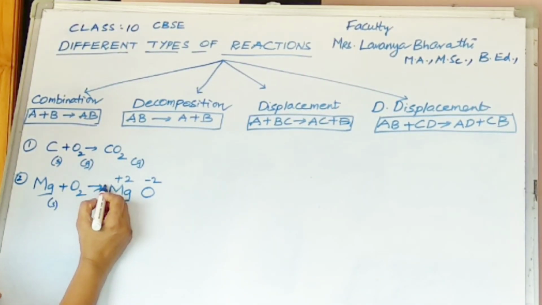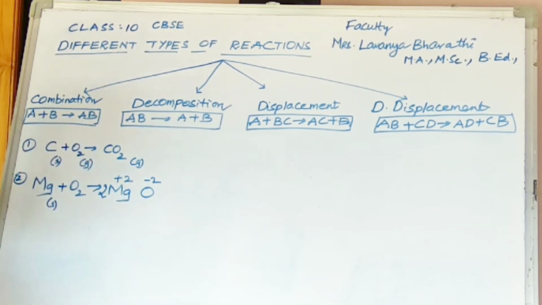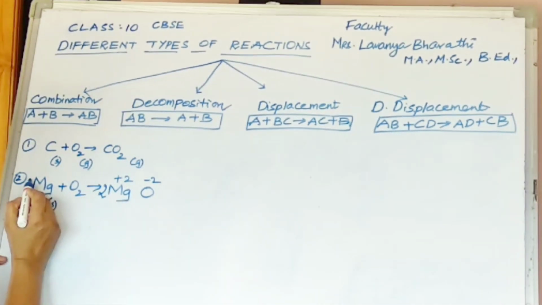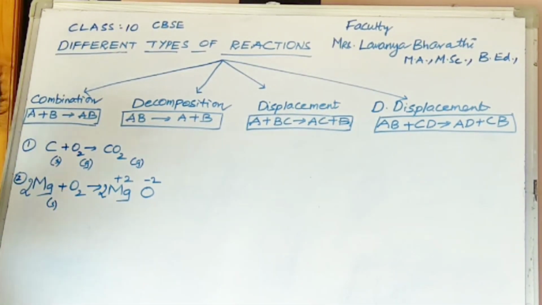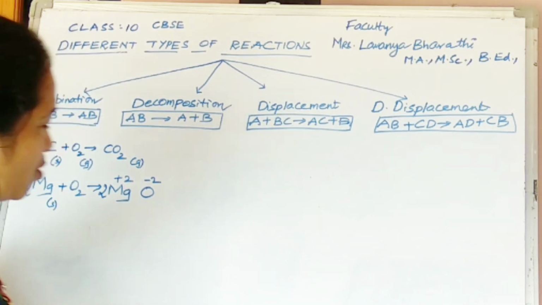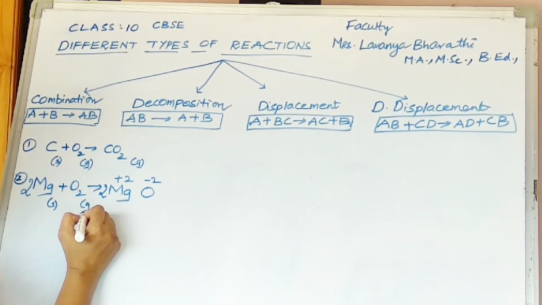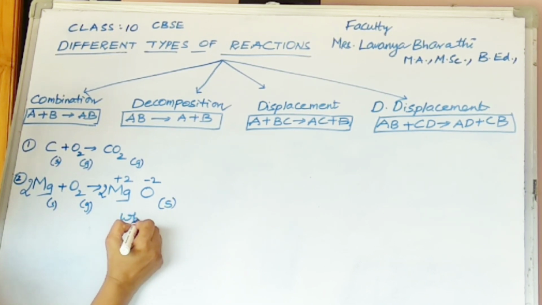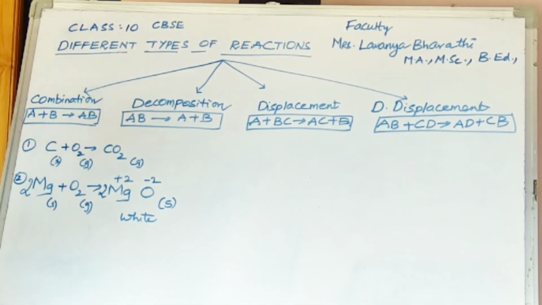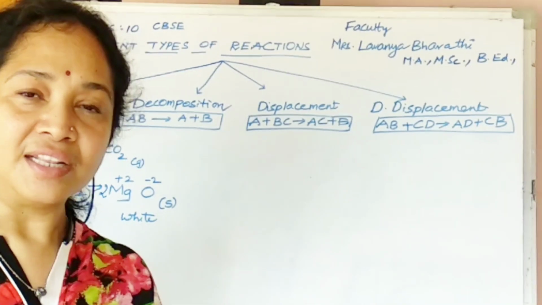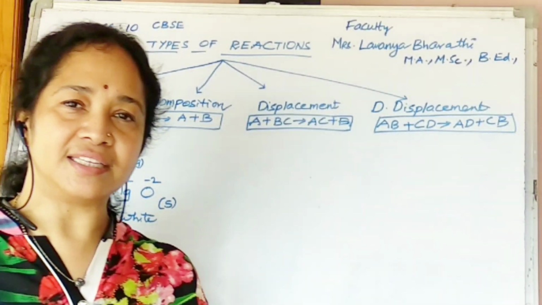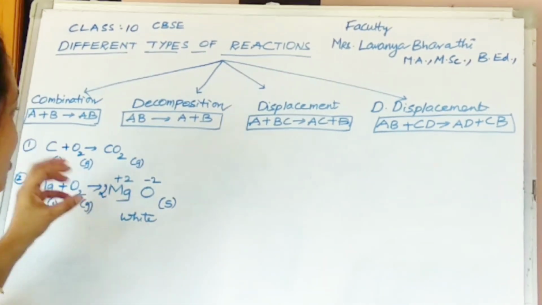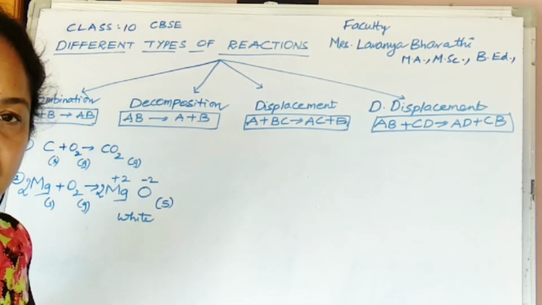So here I am putting just 2 here. But unfortunately, magnesiums are also increased. So I have to increase the magnesium to 2 moles. And here, this is again gas, and this magnesium oxide is again solid, and the color is white. In this way, you have to write down the whole information that you observe during the chemical reaction. So, simple two examples for the chemical combination.